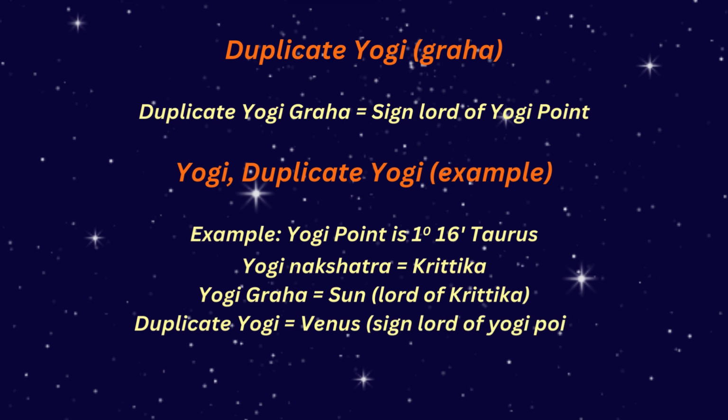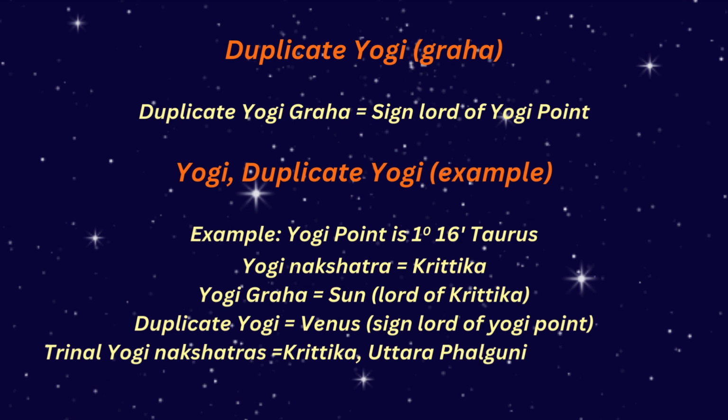Let's walk through an example to make this clearer. Suppose your yogi point is at 1 degrees and 16 minutes in Taurus. First, we locate the nakshatra for this degree. That's Kritika. According to the Vimshottari Dasha system, Kritika is ruled by the sun. So the yogi graha is the sun. The duplicate yogi graha then is Venus because Venus is the ruler of Taurus, the sign in which the yogi